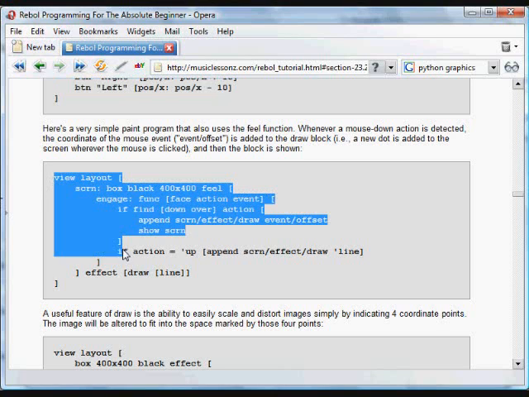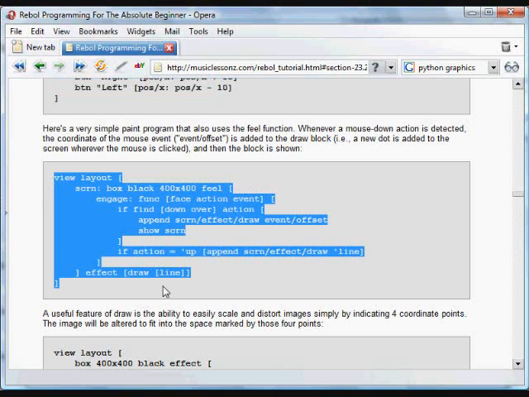This is a little paint program. This is actually shown in the first examples. We create a GUI, create a box, black, and we attach a field to it. And what we're looking for here is the mouse going down or moving around. And so what's going to happen is whenever the program sees the mouse going down, being clicked, or being moved around, the action, or if that's found in